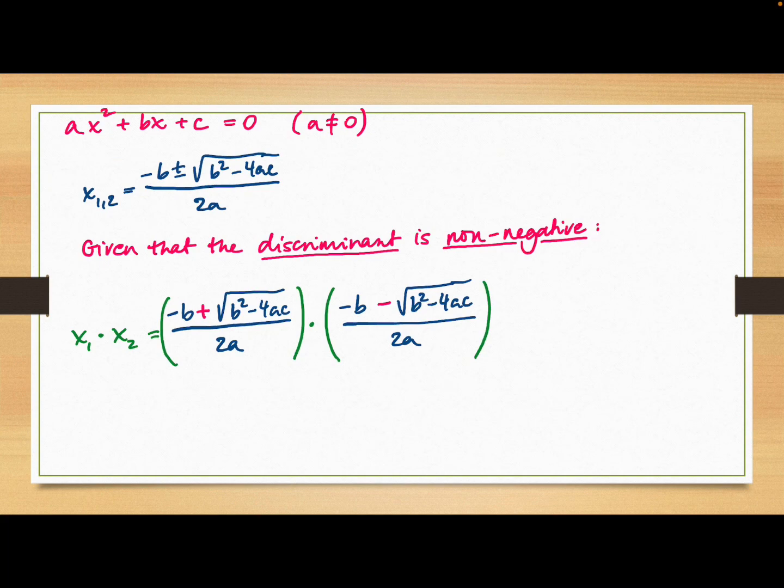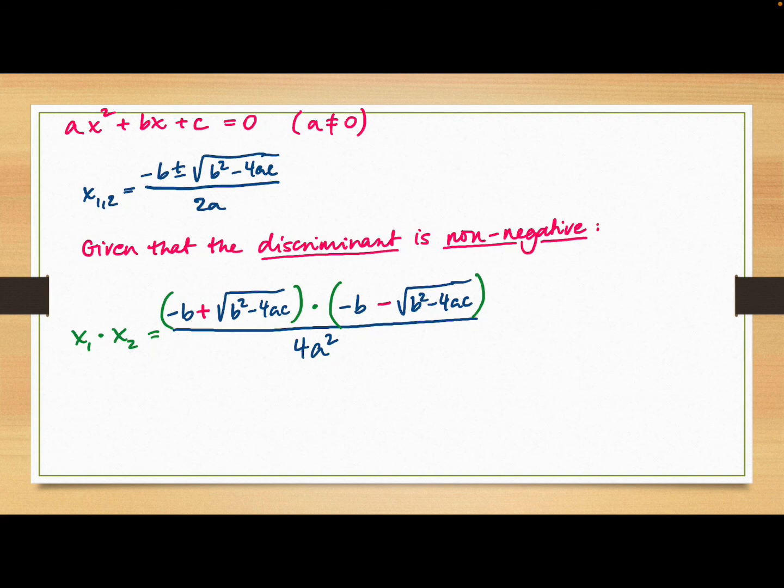Again, we return to the general form of the quadratic equation using the quadratic formula as well, and considering that the discriminant is non-negative, we multiply the two different roots. One is with the plus and the other one is with the minus. Now multiplying these two, we have to follow the same steps basically as we did in the previous exercise. So you multiply numerator by numerator, denominator by denominator. That results in 4a squared in the denominator position, and you should not forget about the brackets around the numerators if you multiply them,